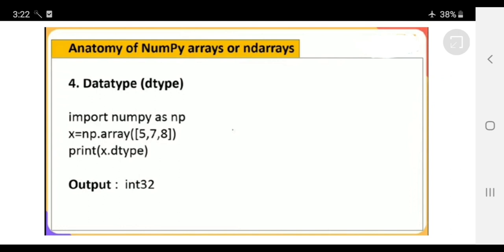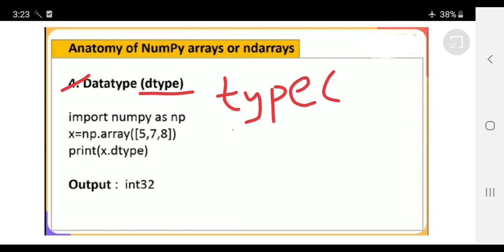Next one is data type, that is dtype. There is a lot of difference between type and dtype. Type is a function. You write the list in it, and type of L will display the data type of L, that is list.